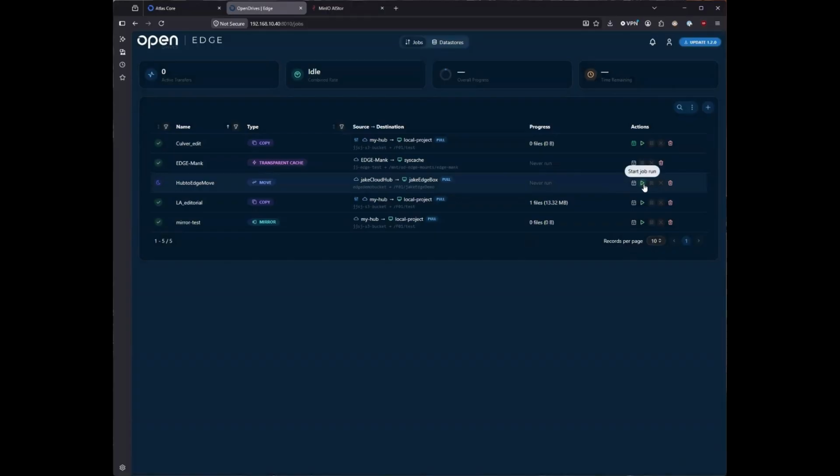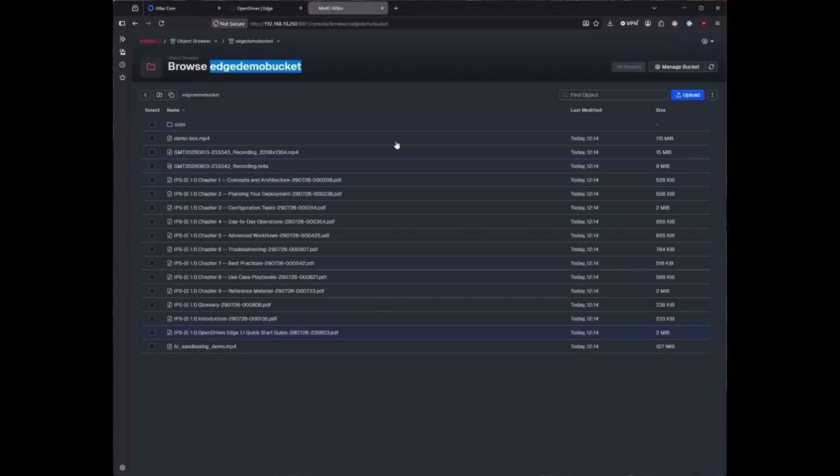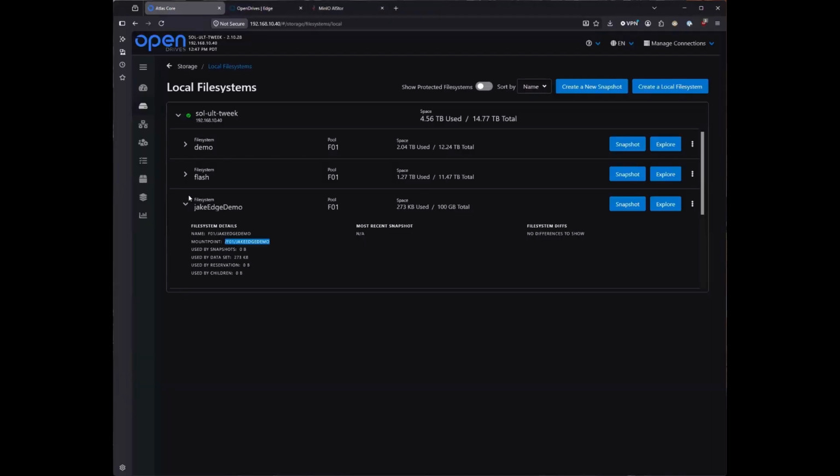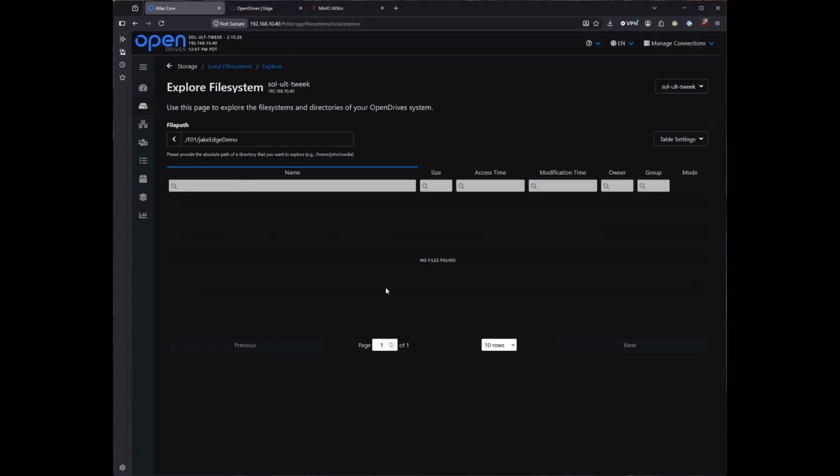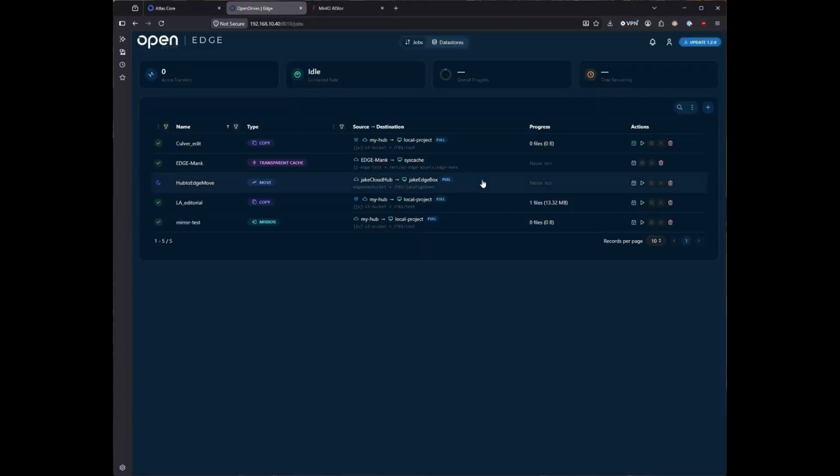Like I said, we didn't create a schedule with this one, so it's only going to run when we manually push it off. One last quick check. We've got our data here sitting in our demo bucket. We don't have any data that we can explore here yet in our file system on the edge location, but let's see what happens when we kick this job off. I'll press the play button,